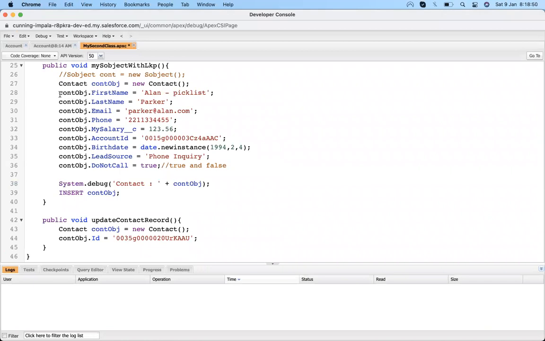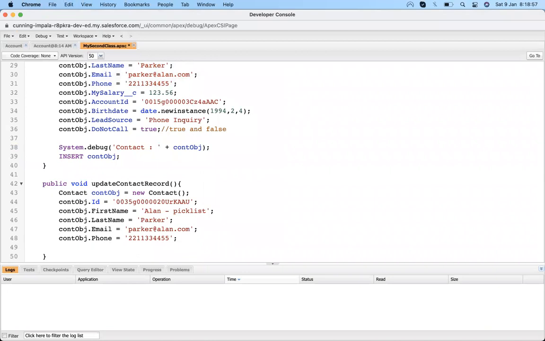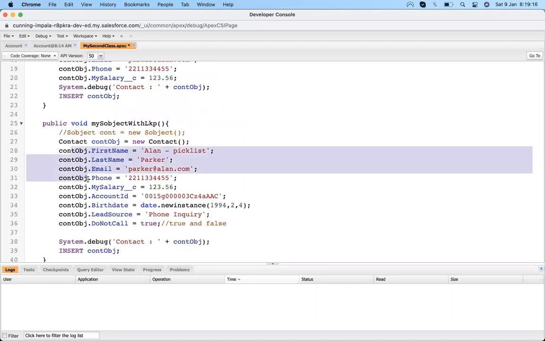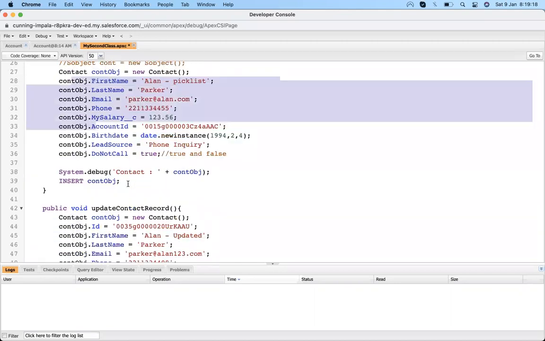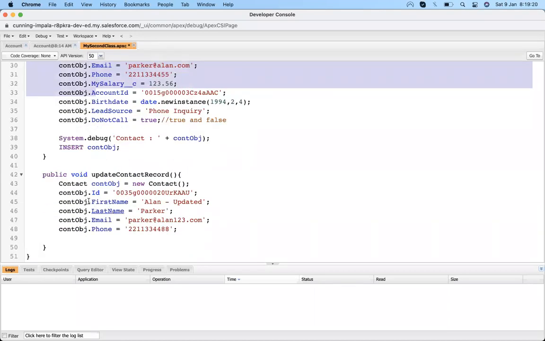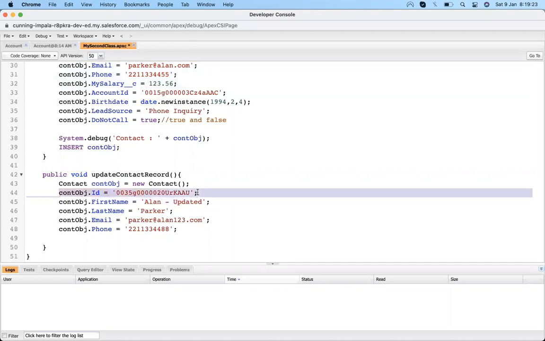So if I change any of the values, suppose I copy this field value and paste it up here and make changes. Suppose Alan updated, and Parker 123. I will write phone number 788. So I make changes in the field values. It's the same thing as we do in insert, but the only change is that to update a record, we need a unique field value.